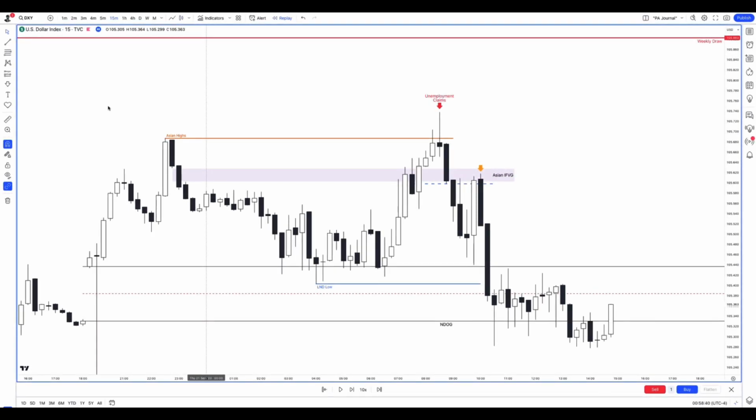In today's video I'm going to explain this counter bias scalp I took. How I was initially trading with the trend at first, but then once I took a stop out, how I used this Asian inversion fair value gap to reverse whatever idea I had and mitigate that loss with a small profit.